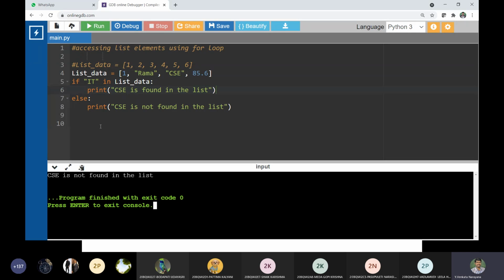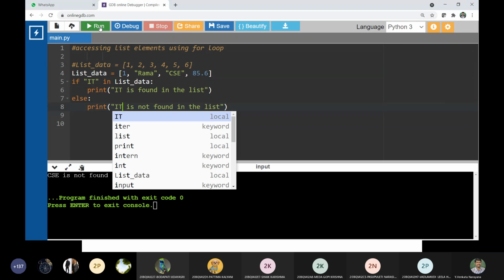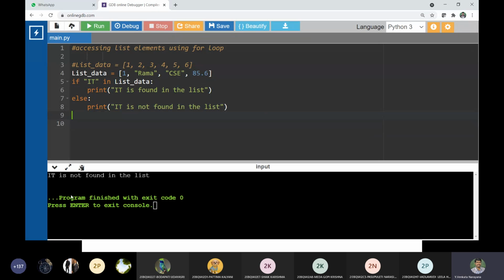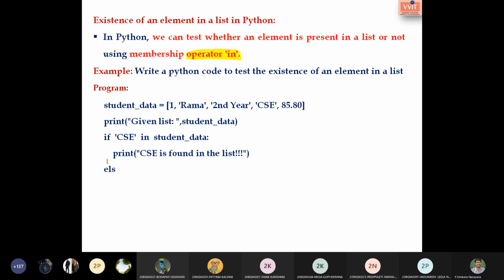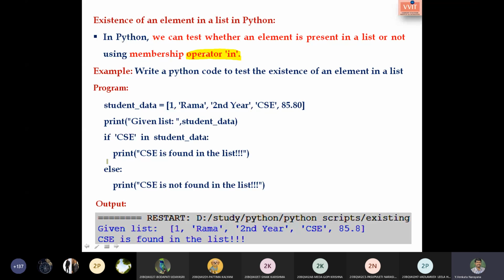Is it present? No, sir. So IT is not found in the list. I think now it is clear how to check whether an element exists or not. Is this clear, students?